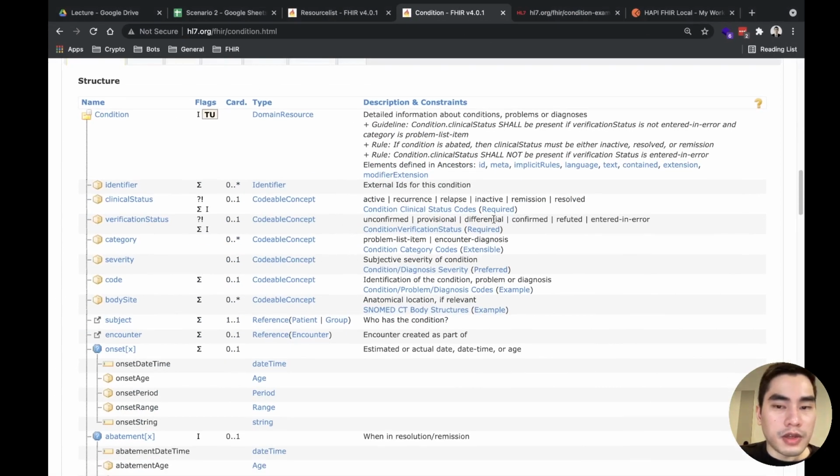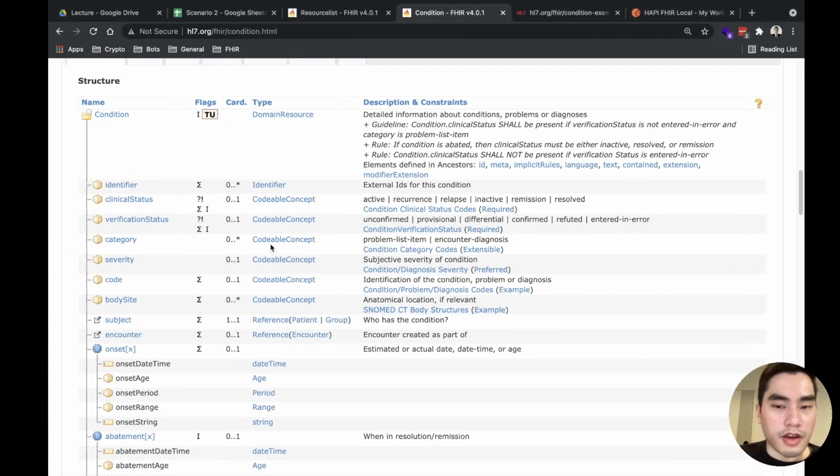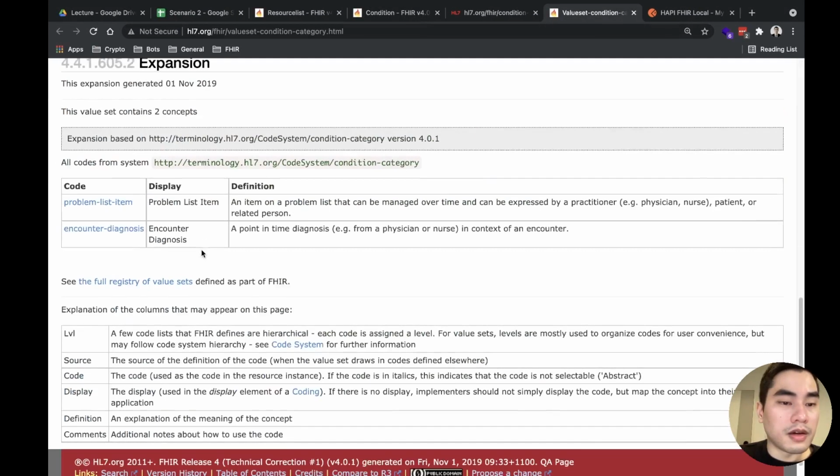And category, I think it's good to keep it, just because it keeps the data saying that this is the diagnosis, not the problem list. So I will keep it. They have the extensible code here.